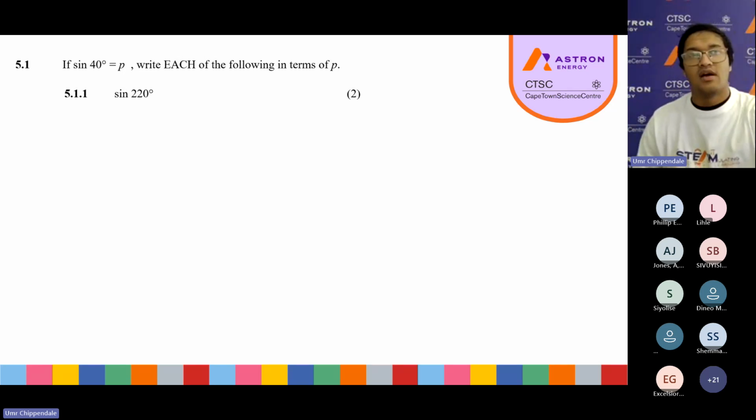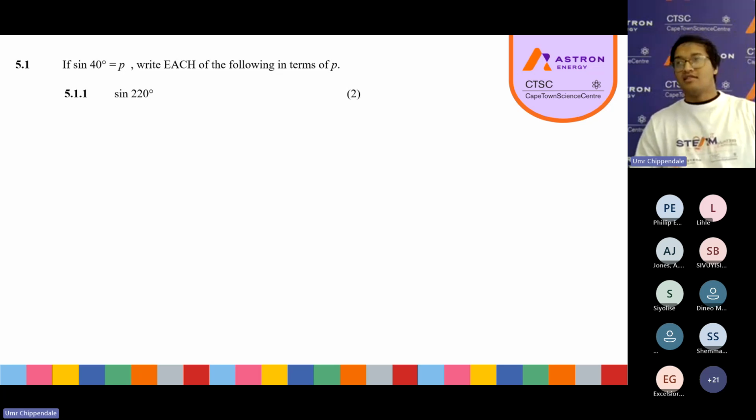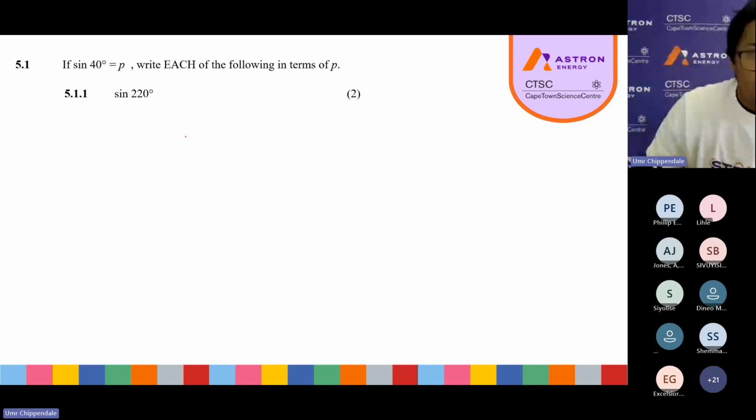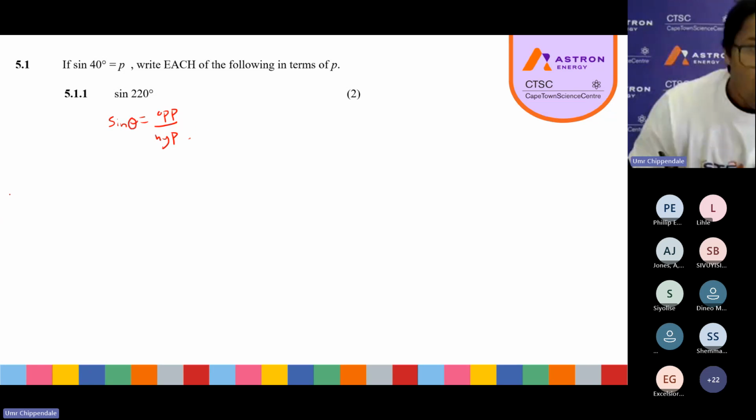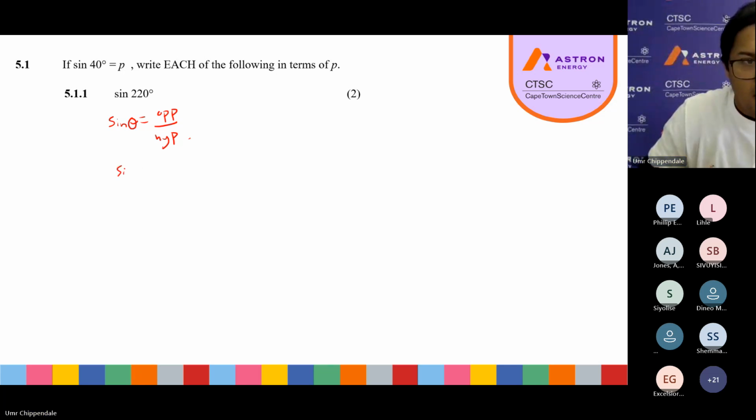Here initially you see we have this sine 220 degrees. Now, if we think about it this way, we know sine is usually opposite over hypotenuse. Sine theta is equal to opposite over hypotenuse. But here they're telling us sine 40 is equal to P, which actually means it's over 1. So if we write that down,